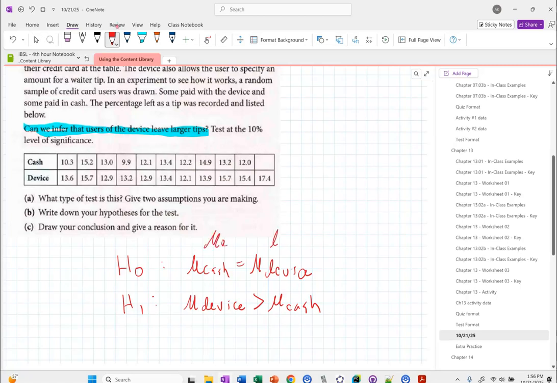Actually, there's a data point for device, is there one for cash? We still add that. Oh yeah. Does it matter that they have different sample sizes? Nope. The calculator will handle it. Anthony. Well, is it 2 tail is not equal to, 1 tail is a greater or less than? So the way I've written it, this is a